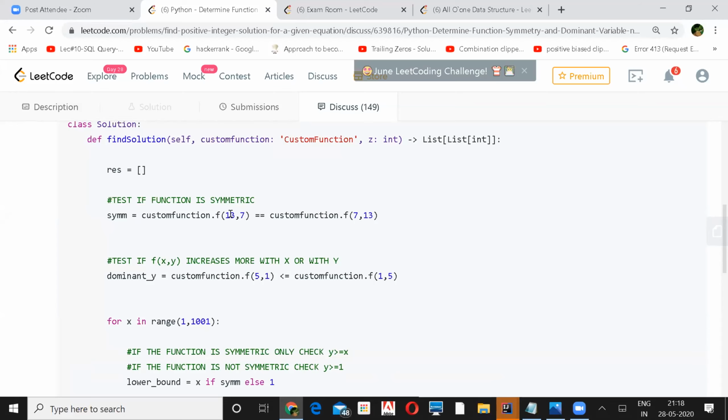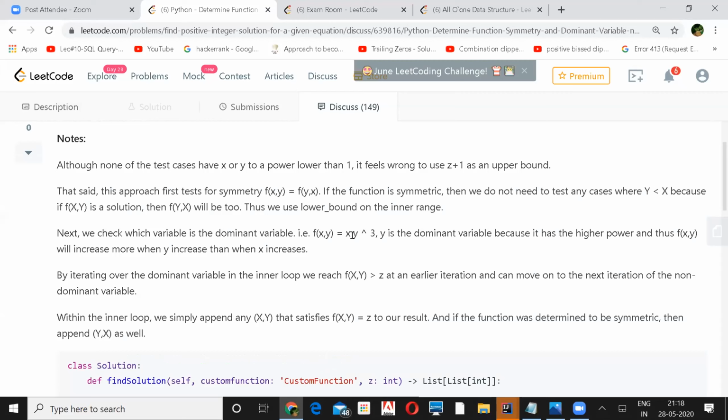But how do we determine the dominant variable? Dominant value depends on the power, no? Why? We have no idea of the function, right? Yeah, they have not given any. You don't know the definition of the function. These are all assumptions only. No, the author is making them, right? Depending on that only it is forming. Given a secret function ID, you have to just give the answer for that. You don't know what kind of definition that particular function is following.